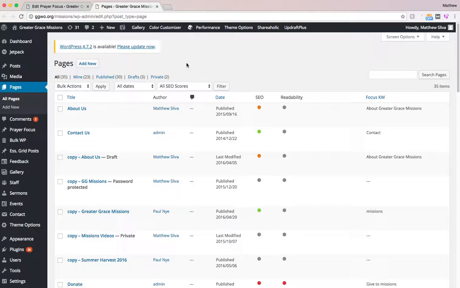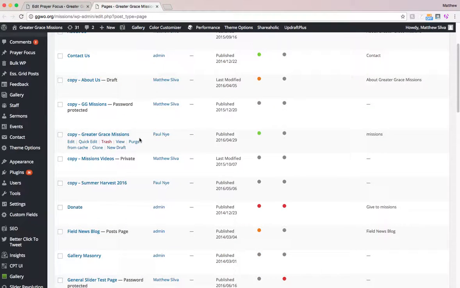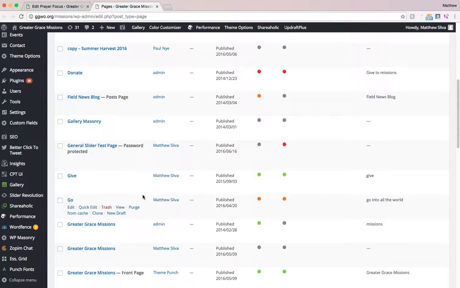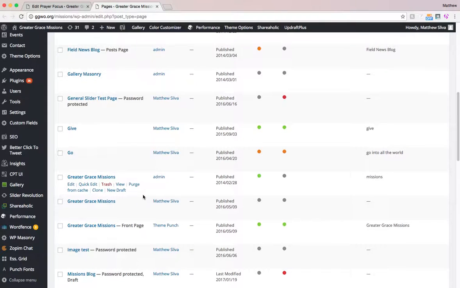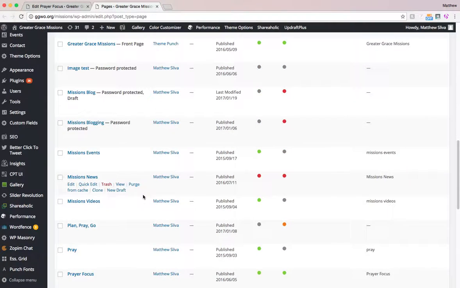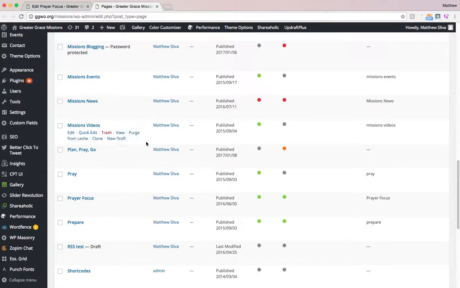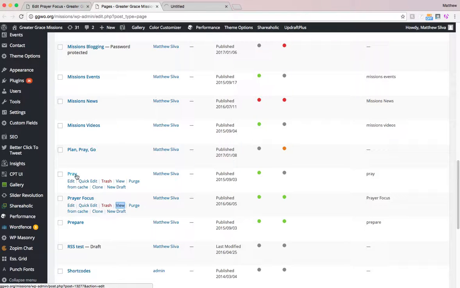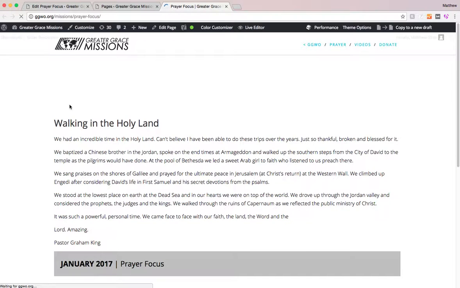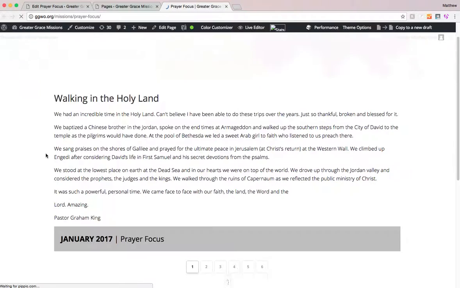So I want to come to the page itself and find my prayer page. It's not the blog page. There's my prayer focus page. So let's look at this page real quick. So we have two pages here. We have the prayer focus blog page, and then we have the pray page. And entries are on both pages. So okay, so this is the full kind of dedicated page. So I want to find this page, and